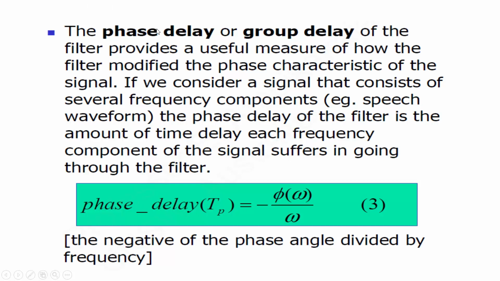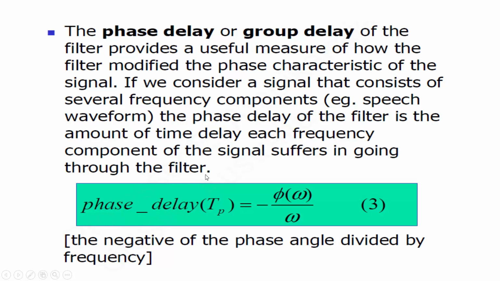We define two terms actually. One is phase delay, the other is the group delay. The phase delay or group delay of the filter provides a measure of how the filter actually modifies the phase characteristics of the signal. If we consider a signal that consists of several frequency components, the phase delay of the filter is the amount of time delay each frequency component of the signal suffers in